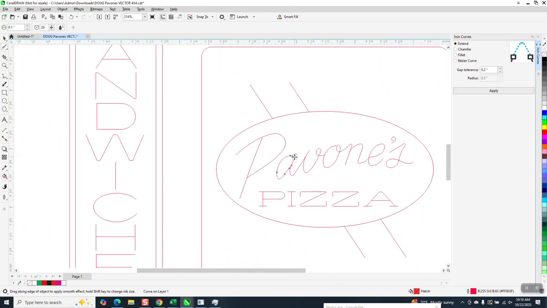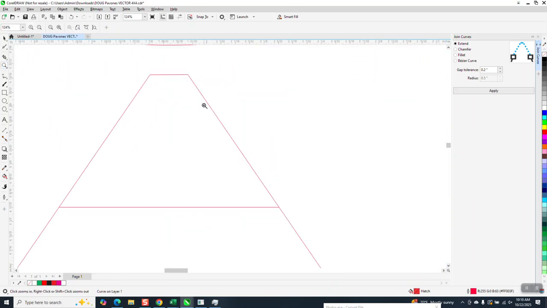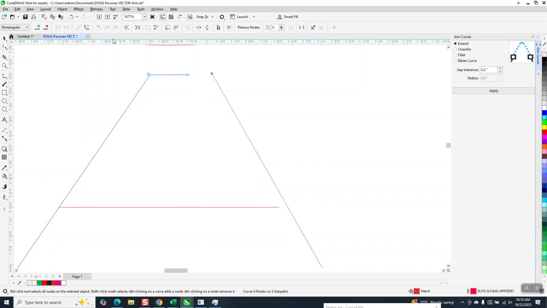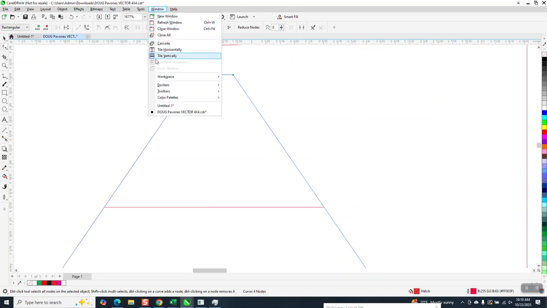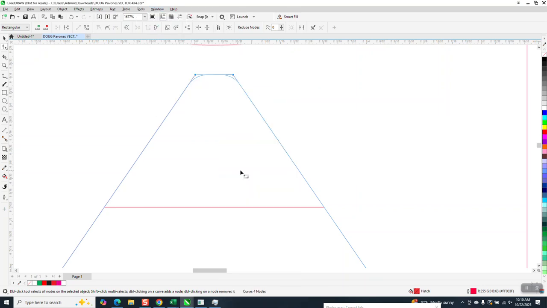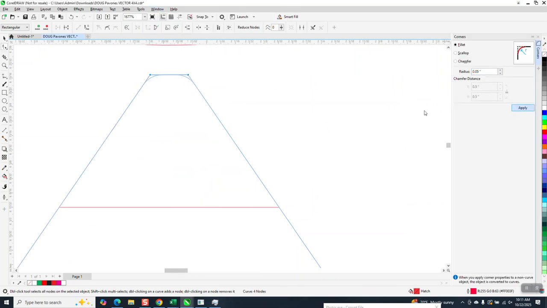His question is this right here with this A on the sandwiches needs to have rounded corners. So if we look at it with the shape tool, there's a lot of nodes. So let's take away these two nodes. Let's take away these two nodes. And we're going to do the same thing here because these are individual lines. So you can't round them off, but if we select them both and go up to join curves, just like we did on the other one, and now that's one piece. And you've still got those two selected. Go up to Windows, Dockers, and Corners, and just select like 0.05 and hit apply, and then you have rounded corners. And I would still maybe